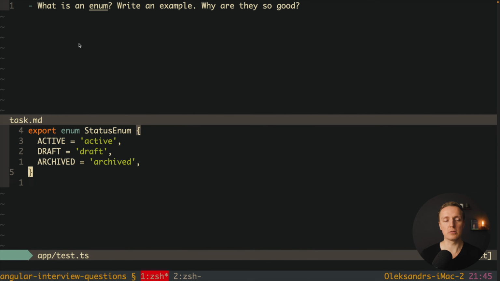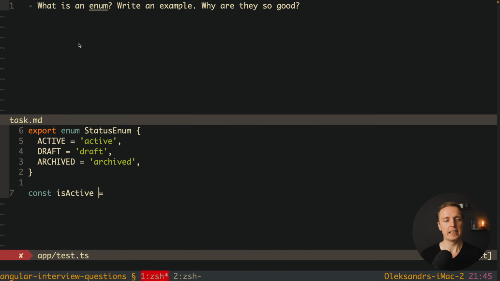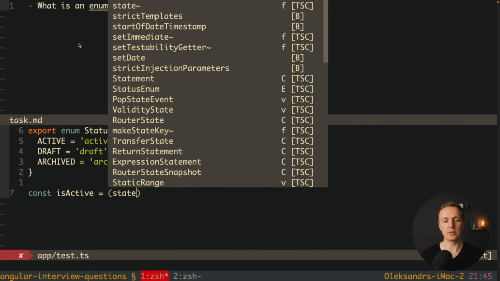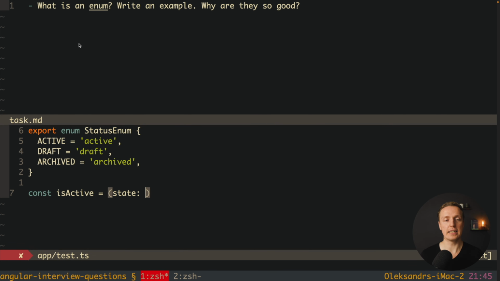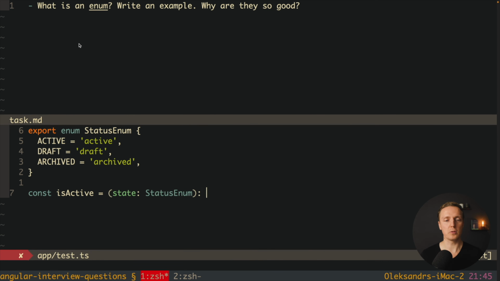So essentially we could write here just const and use it everywhere. The main difference is that inside TypeScript we can use enum not just like a type, but as a value. Just remember this is really important, which actually means if we're creating our function, for example isActive, and we're providing inside the status, we can use here an enum as a type. So we're writing here status enum. And back we want to get a boolean because this is check for isActive.